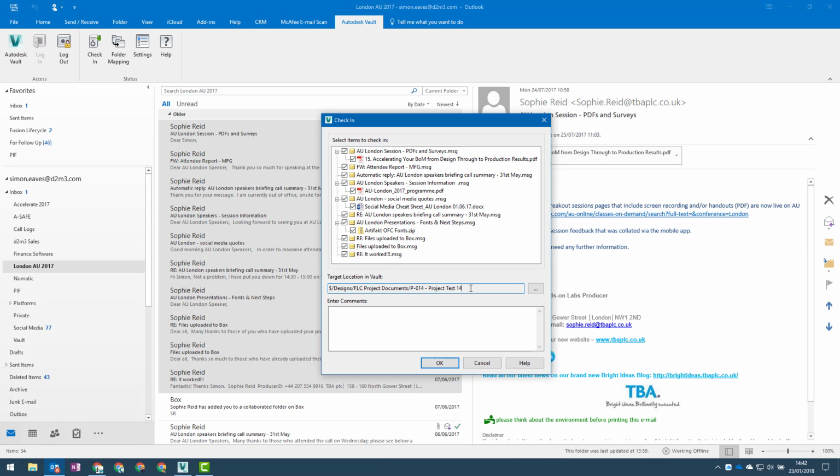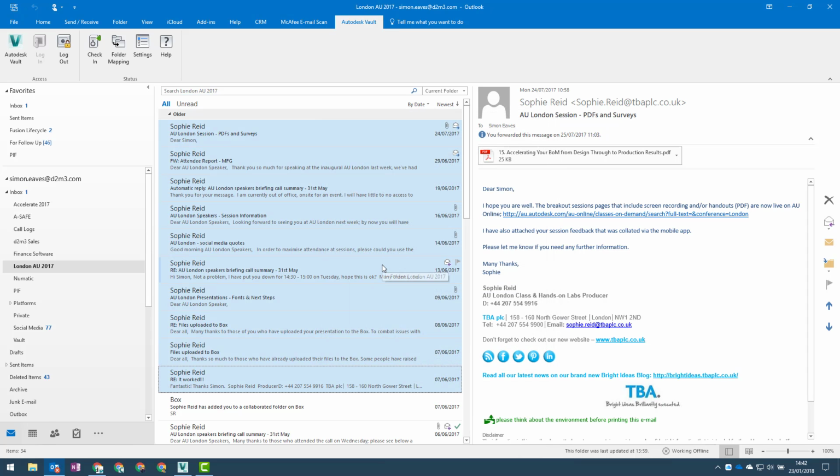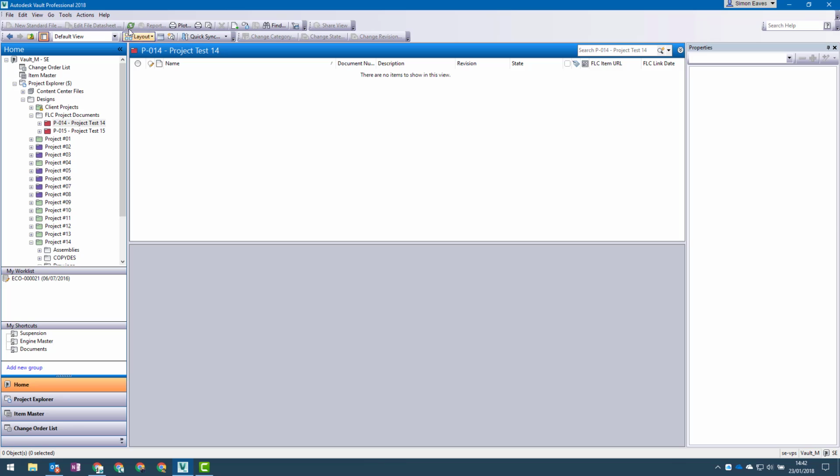And you'll notice as part of my migration, it's quite nicely remembered the last folder I used to test this, which was Project 14 or Project Test 14. So I'm going to click OK and I'm going to check those emails into Vault. We'll wait until it confirms that operation's been completed. Great, that's been done. And now I'm going to have a look at Vault and just refresh my view there,